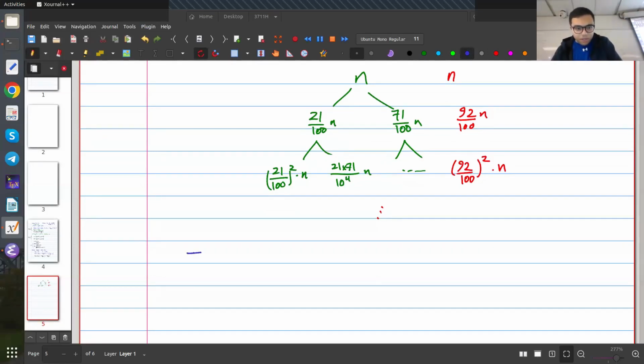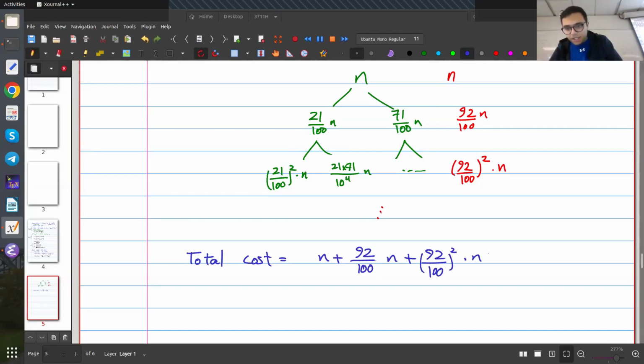So my total cost is basically n plus 92% of n plus 92% to the power of 2 times n, and so on. And I don't care how long it goes. Let's just sum this up until infinity, right? I mean, this is a finite tree, but I'm going to do my sum forever because I'm just over approximating,